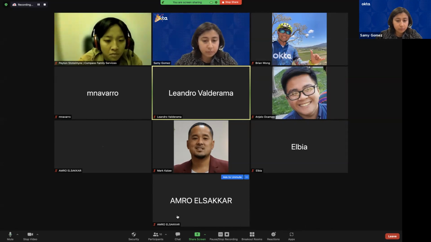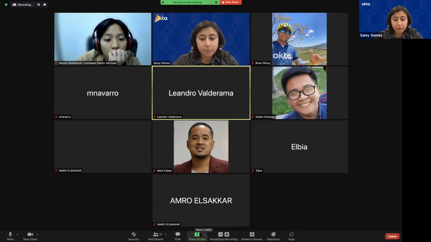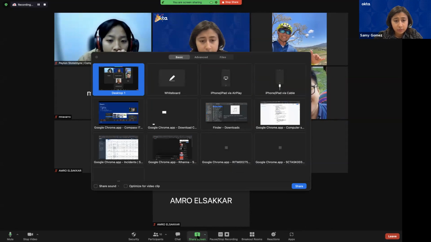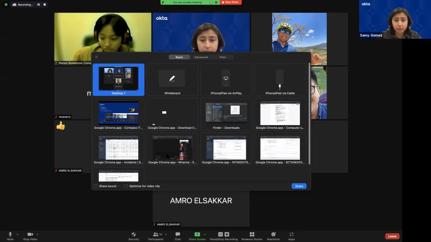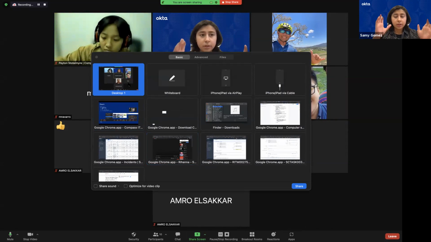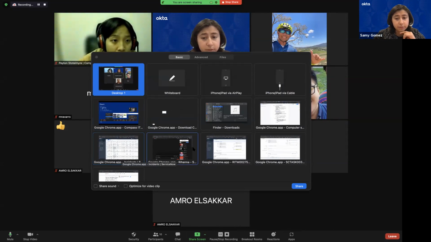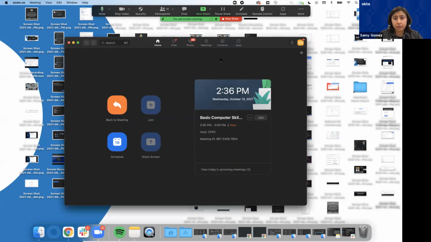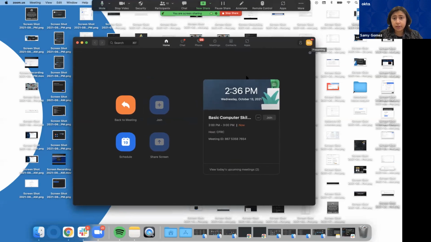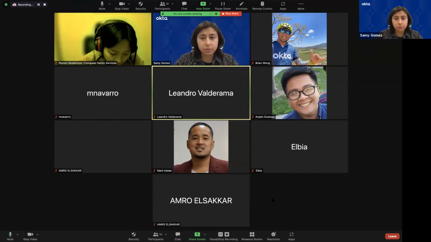And then how to share screen. So I'm currently sharing screen, but you could also share screen here. When you select that, you have different screens that you have open, so any of your Google windows, or if you have any applications, you can also share that there. Right now I'm sharing my desktop. The difference between sharing your desktop and sharing a specific application is, if I select my desktop like I am sharing now and I want to go to my Zoom application, whatever you do, since you're sharing screen, everybody will see.